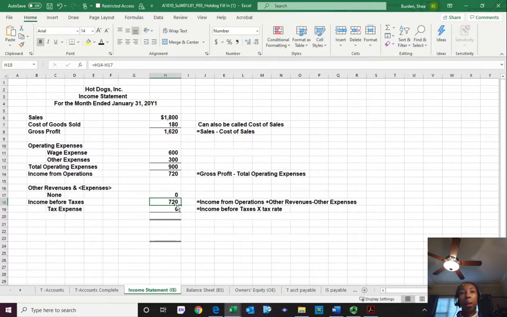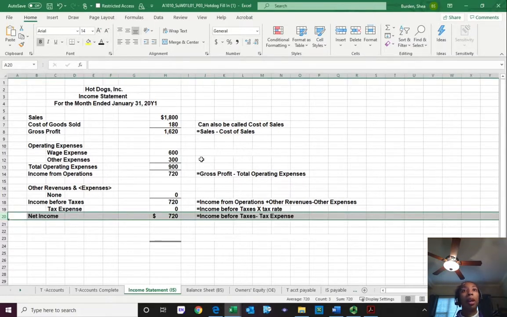You take that number times the tax rate. So you would take the 720 times the tax rate. In this situation, we don't have a tax rate, and therefore the tax expense is 0, making your net income, your final line, become